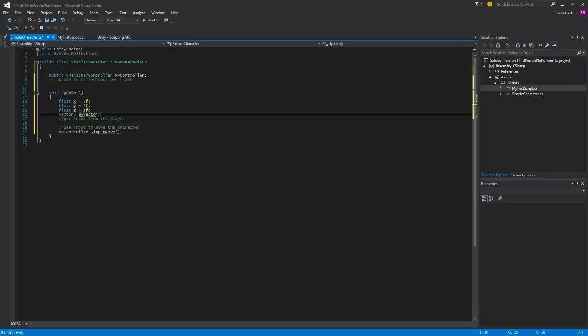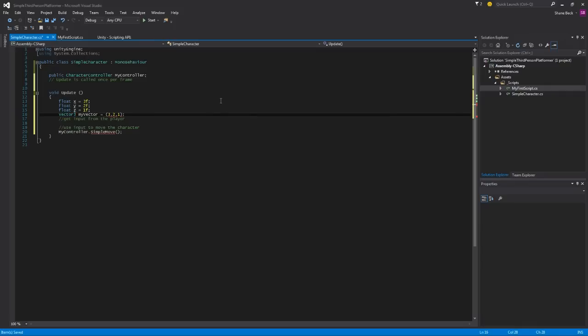Now, by itself, if you want to set it to something, you cannot simply write in the numbers. You can't just say, all right, we'll have 3, 2, 1. And notice that it throws an error. It says, cannot implicitly convert type int to Vector3. Well, that's confusing. What it basically means is this is expecting a Vector3, and the way that you create